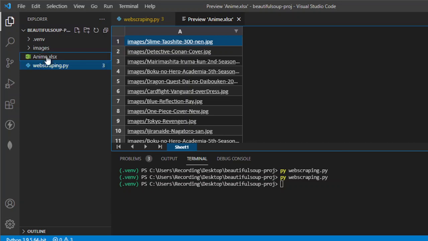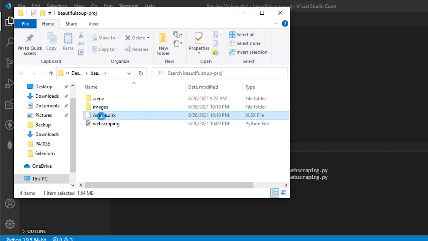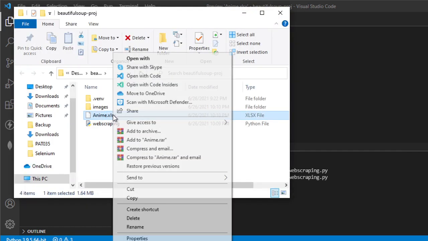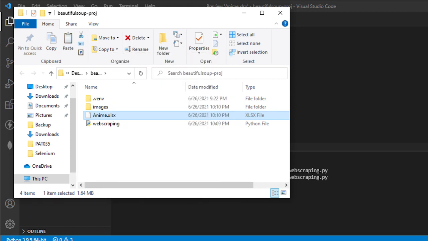So to do that, I'm going to copy this one and open this in Excel. So I'm going to transfer this to another directory so that we can view exactly the content. Okay. Now that I already pasted that in my other directory,